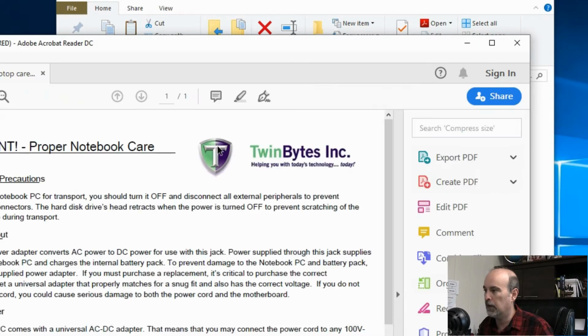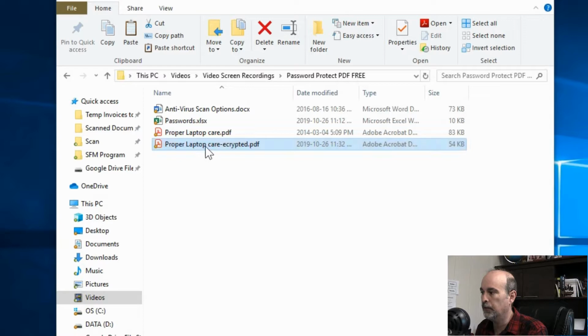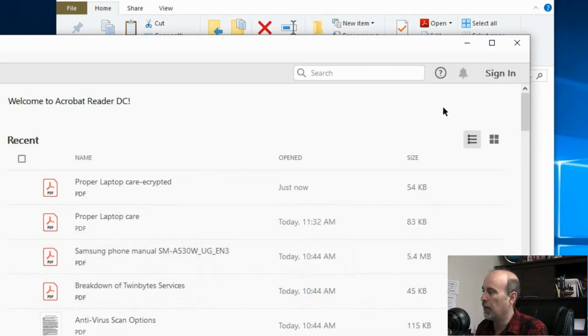So I'll go ahead and enter that, and there it is. Now, if I had the editor, I could try editing the document, and again, it'll ask for the second password for editing or printing or doing any of these other things. So I'm not going to do that, and we're going to just close that. So at least you know, if you were to email this to somebody and that email was compromised, whether it's on your side or the recipient side, there's a password required.